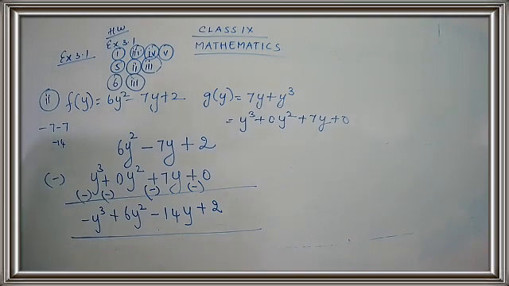So we have completed question number 6, the second subpart. And what is your homework? The third subpart will be homework. Let us go once again in detail over the homework part. You're going to complete the third subpart, the fourth subpart, and the fifth subpart from question number 1. Then you're going to complete the second subpart and the third subpart from question number 5. And you're going to complete the third subpart from question number 6. So totally 1, 2, 3, 4, 5, 6. Only 6 questions for homework. We will continue with the remaining sums in the next class.